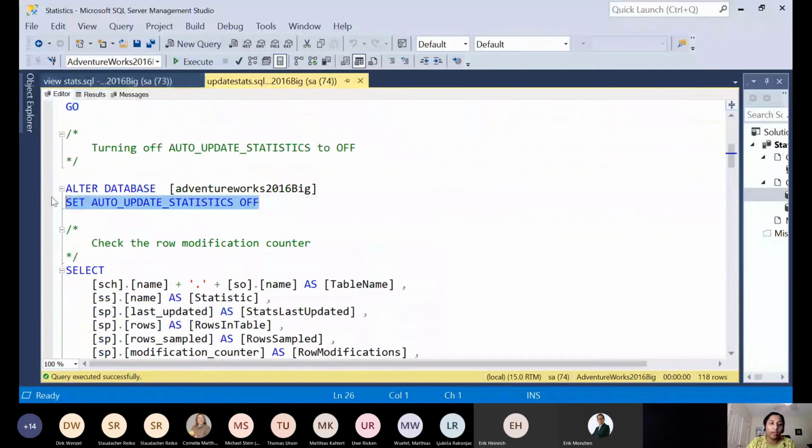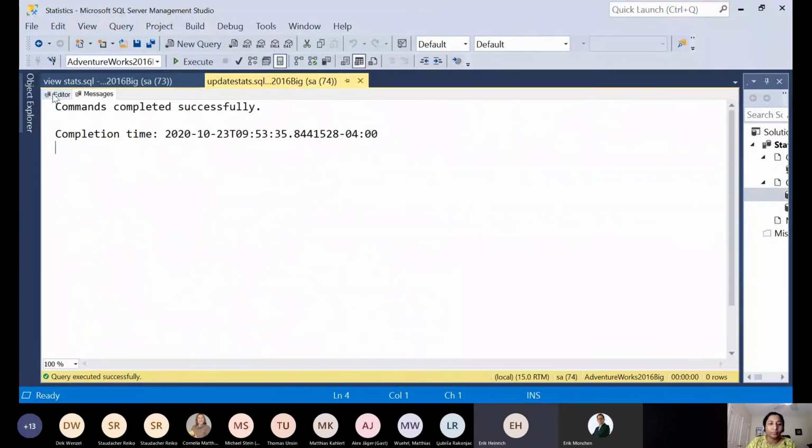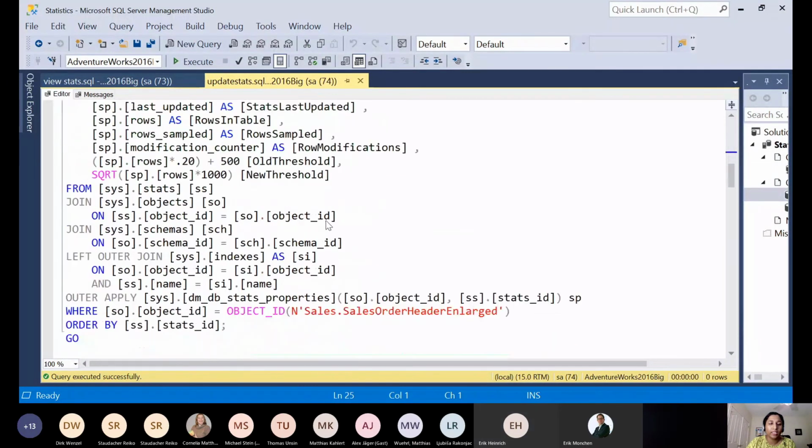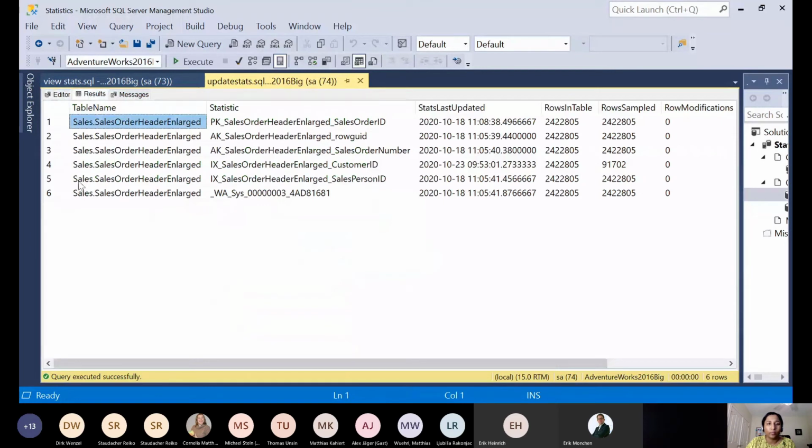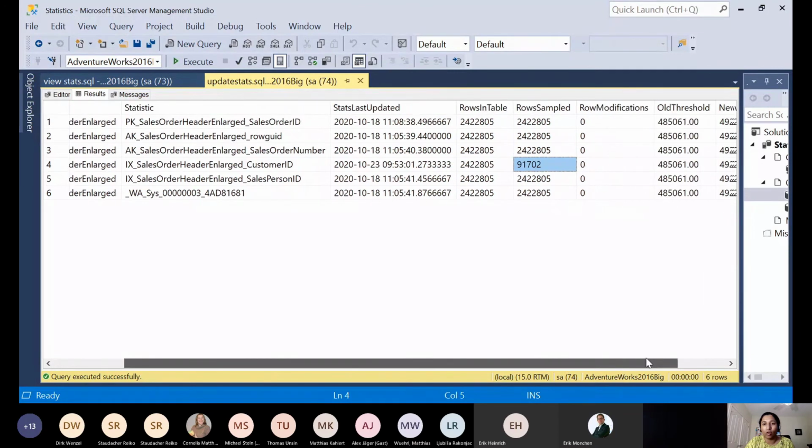Now let me turn the auto update stats off on the database, and then see the row modifications, the old threshold and the new threshold, and how it works for this table. When you check the customer ID statistics here, we have the rows in the table, and it only sampled the default sample.